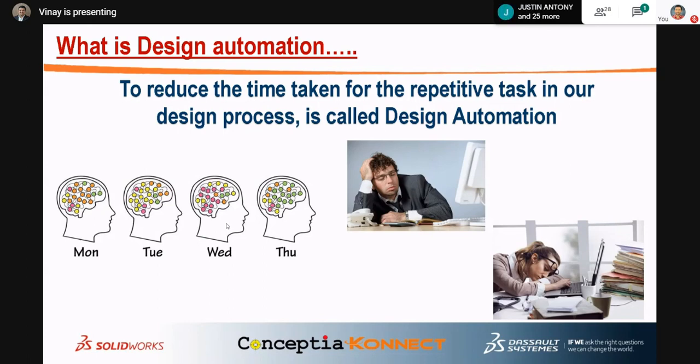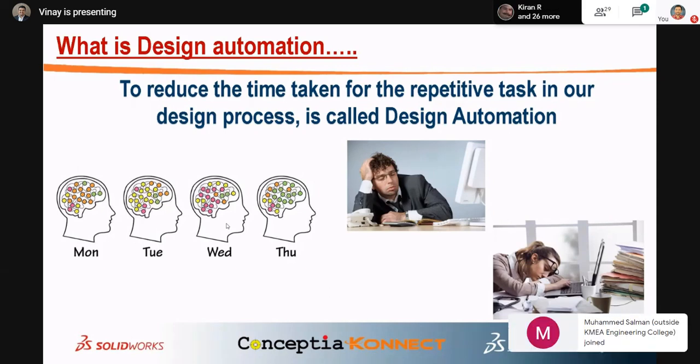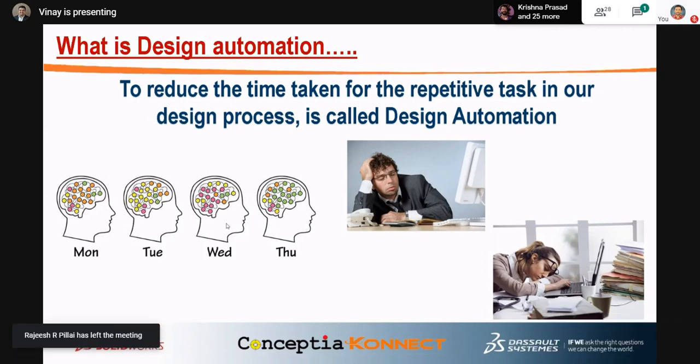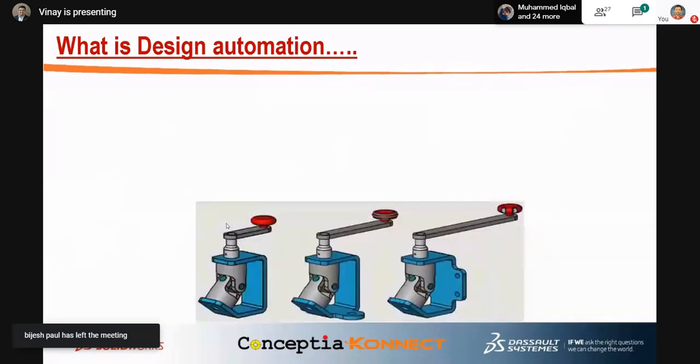Don't give it as a repetitive task, otherwise you will get bored, because the new generation people want the innovations they want to do. Okay, so that capability is there only with the fresh engineers. So only the industry people want the freshers with innovative minds. Okay, so we will come to the design now, design automation.